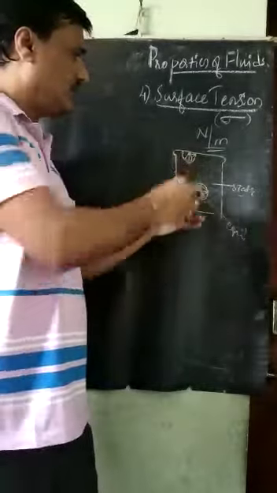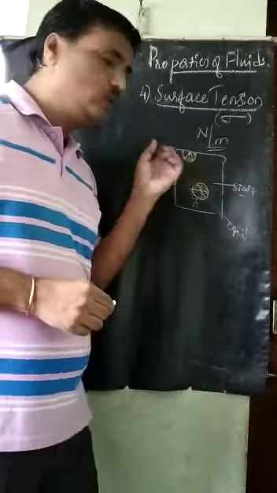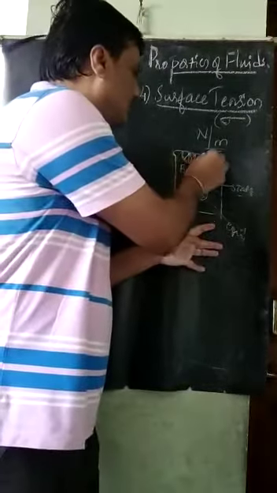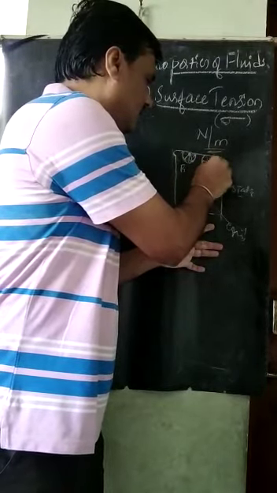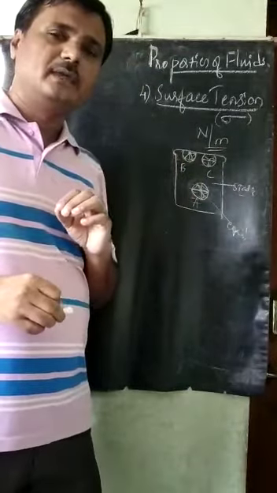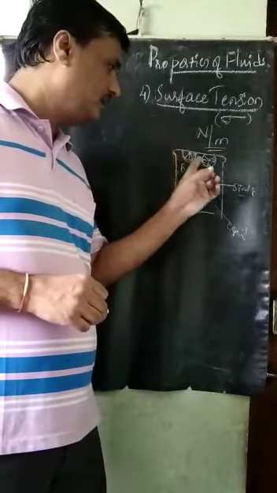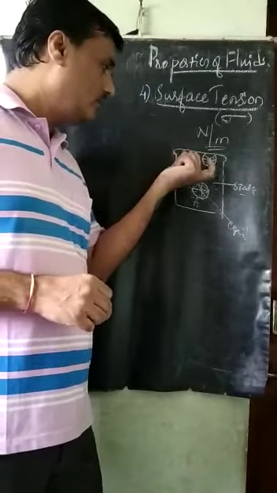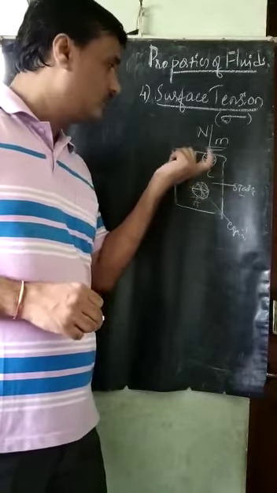So if you see this molecule here, this is a B molecule, and if I take one, it is almost 75% covered. If I take C, a molecule here like this. In these two, B and C molecules, if we see the upward forces experienced by the B and C molecules, see this one, the downward forces are more in the B and C molecules, and the upward forces are less.